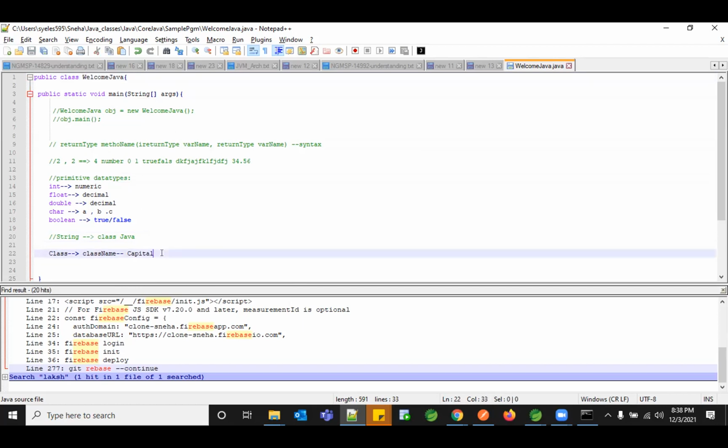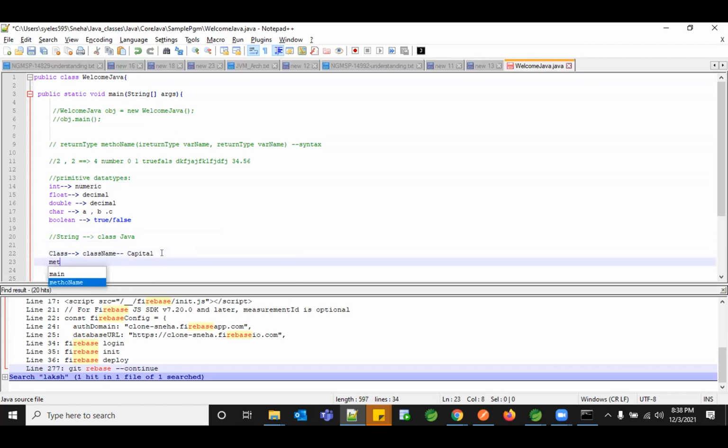And all your methods and variables should be in lowercase, like camel case. Say if you're creating an add method, I need to write add in small, and the relevant verb, the relevant action of what it is doing, should be capitalized. If you're doing make a call, it should be makeCall. If you're saying send message, it's sendMessage. This should be the structure you follow whenever you're writing your methods.